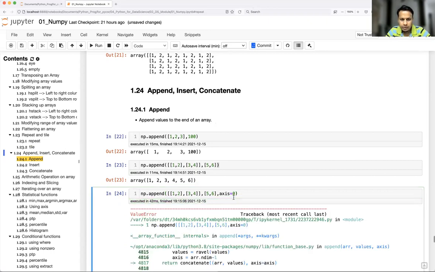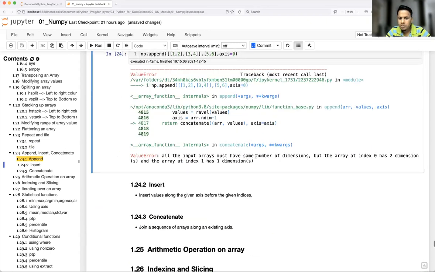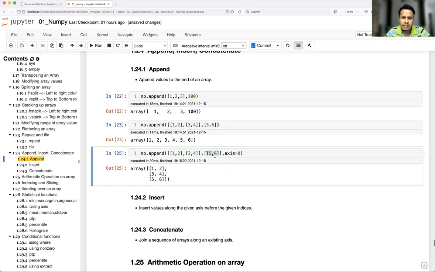1 2 3 4 5 6. All the input arrays must have the same number of dimensions. Oh, same number of dimensions. So I have to make it this, since this is part of a two-dimensional array. I have to make the dimension 2, otherwise it is a single dimension array.